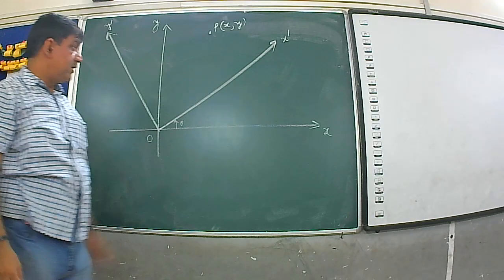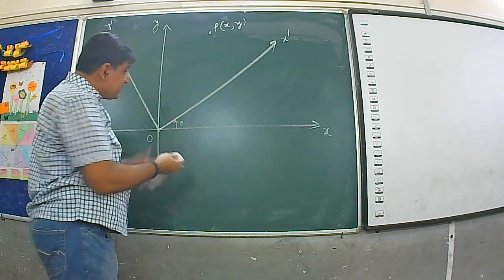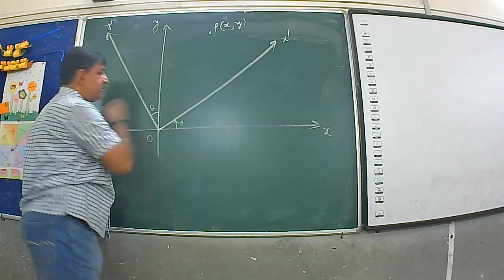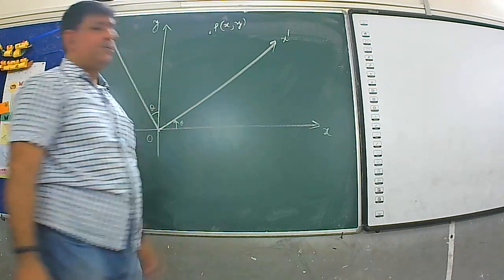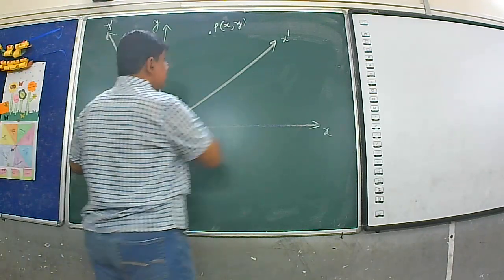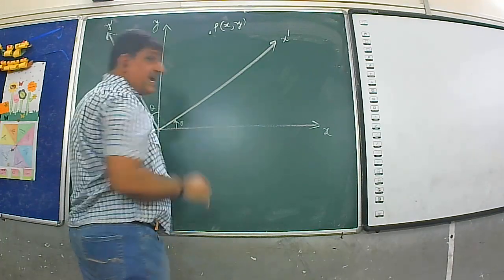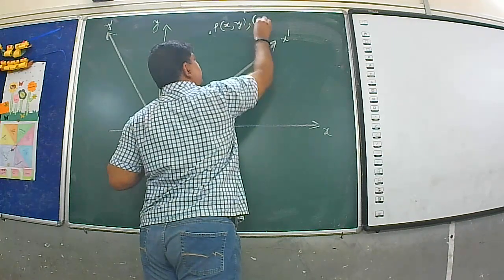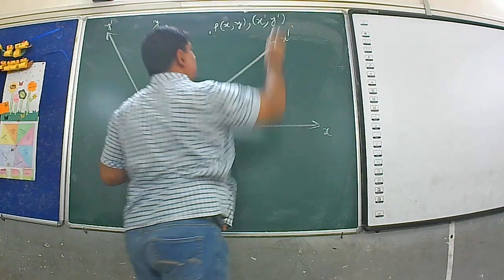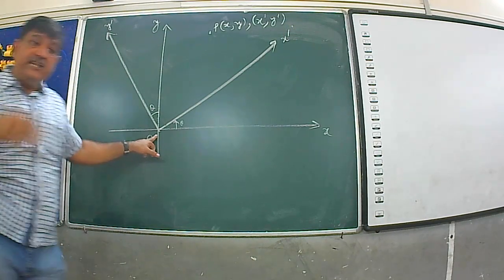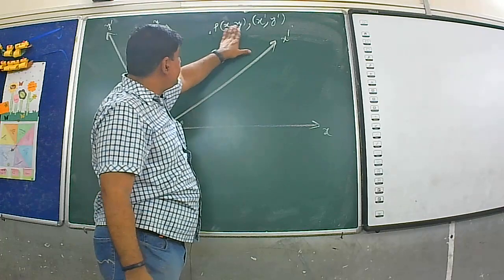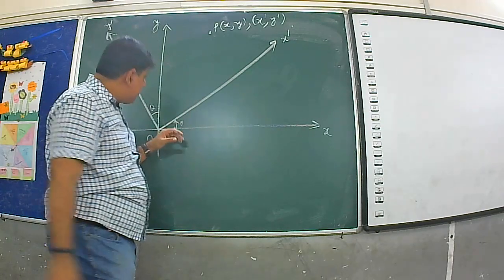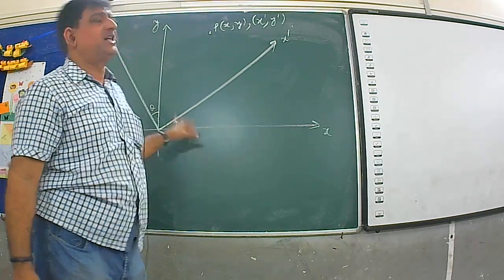This one is called rotation. Boys, remember, you can easily understand that if this axis is rotated by angle theta, then this angle is also theta. It is simple geometry. Theta, theta. Now, suppose x dash and y dash are the new axes. With respect to that one, suppose the coordinates of this point P are nothing but x dash, y dash. We are interested in finding the relation between x, y and x dash, y dash, as we have done in the case of translation, if the axis is rotated by an angle theta.